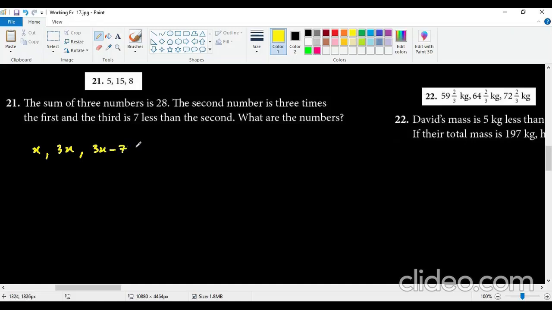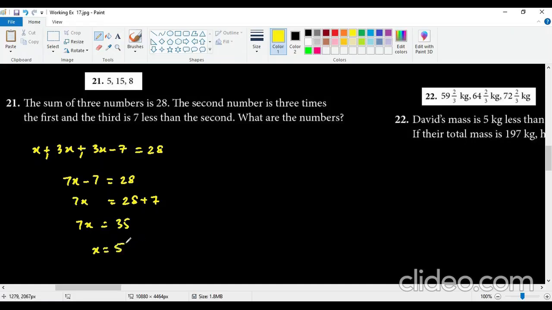And add them up, it's going to give us a 28. So I will change this comma to plus sign. So this gives us 3 plus 3 is a 6 and 1 7x. 7x minus 7 equals 28, and 7 is going to go to the other side and add to 28. So 7x is equal to 35, and x is going to be equal to 5, because 7 times 5 is